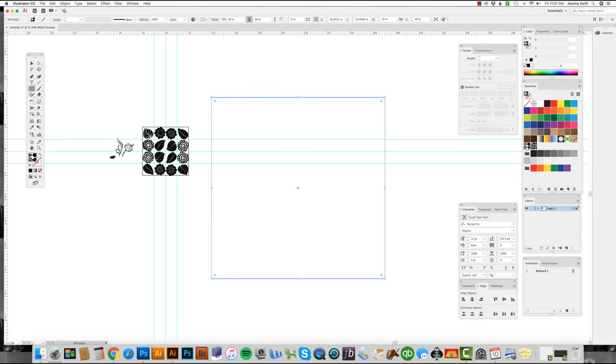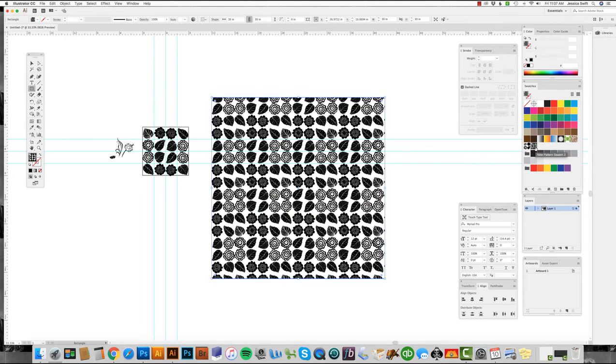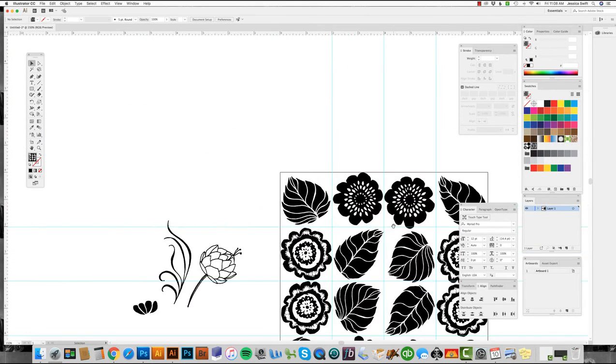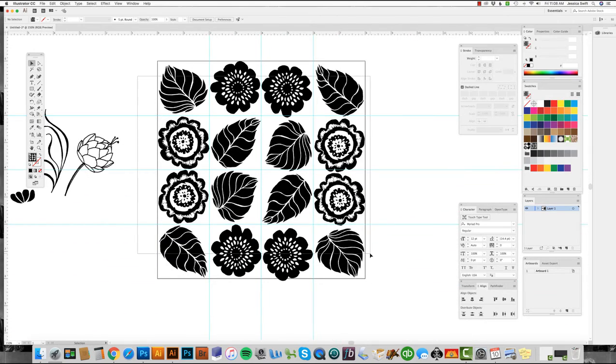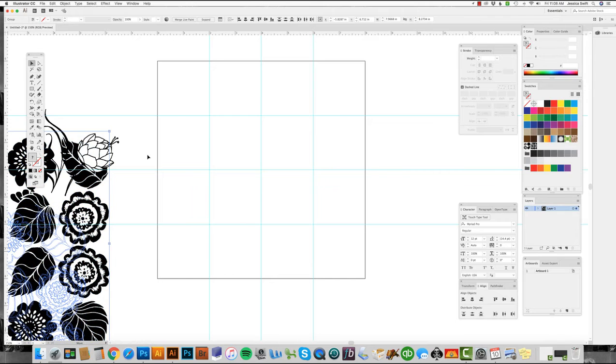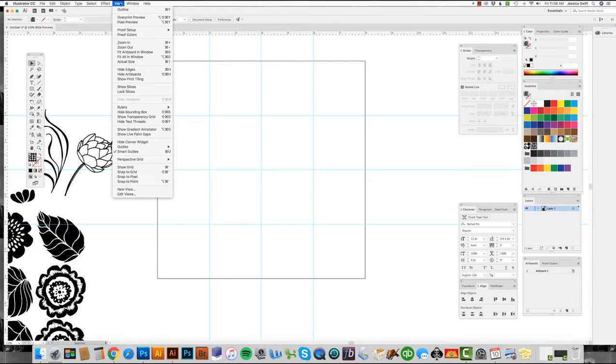So here's the first one we made, and here is the next smaller version. So that can be a fun, quick, and easy way to create a more precise pattern where you're not eyeballing where things should go. And let's just go ahead and move all of that over to the side again. And we'll delete these guides. So we'll unlock,